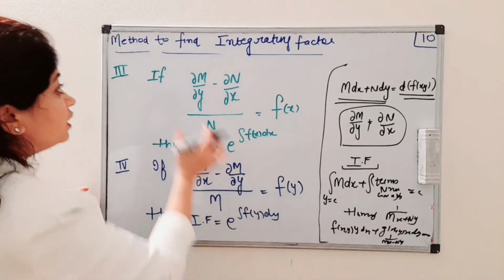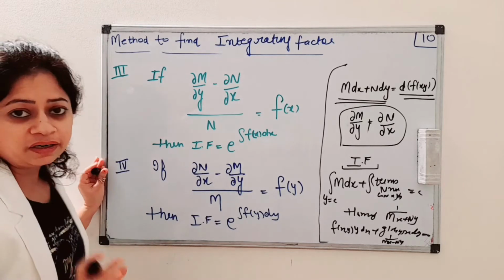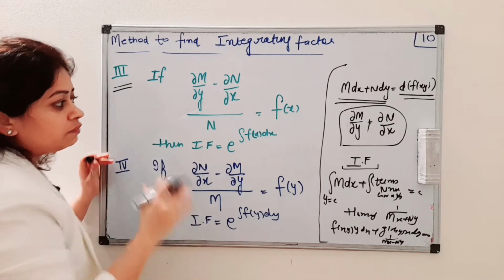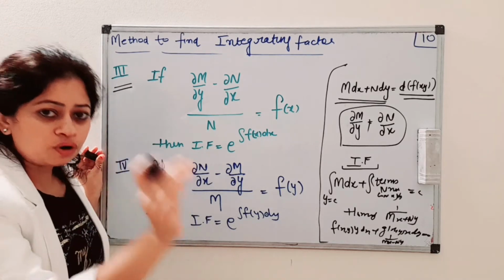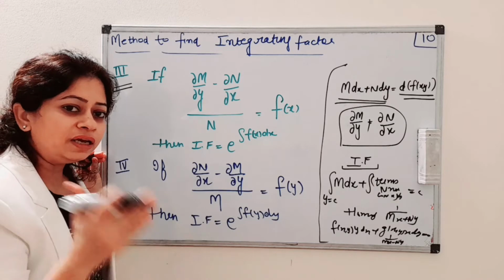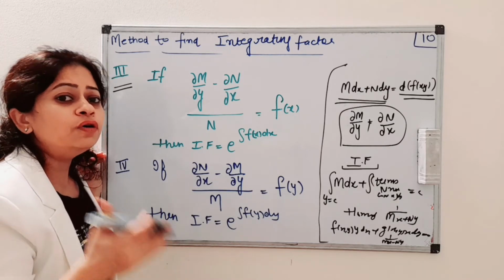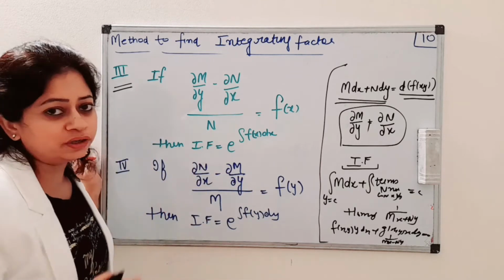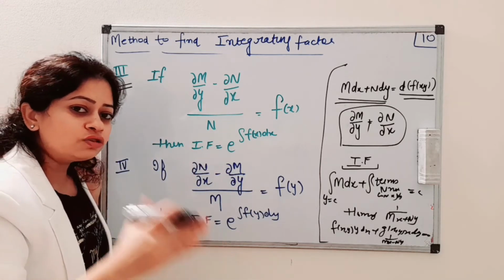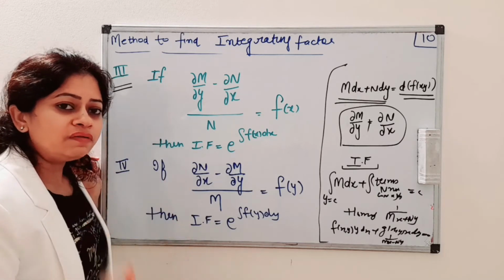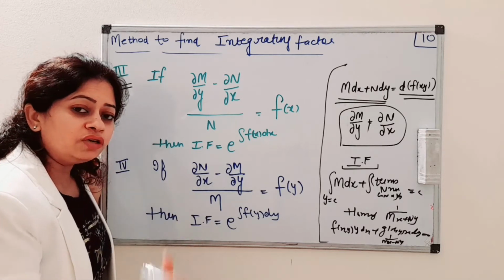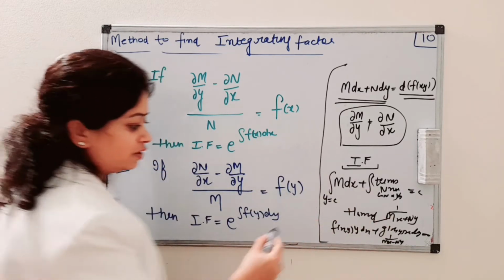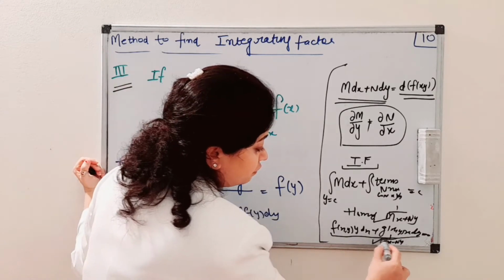So the third method is a method to find the integrating factor. Third method is what? If ∂M/∂y is not equal to ∂N/∂x, the differential equation is not exact, then we will see whether we can rearrange it to solve or not. Why do we rearrange? Just to solve the differential equation, we are finding the integrating factor also. So we will see whether we can solve it by rearranging. If not, then we will see, is that differential equation homogeneous? Then this is the integrating factor. Can we write it in this way? Then this is the integrating factor.